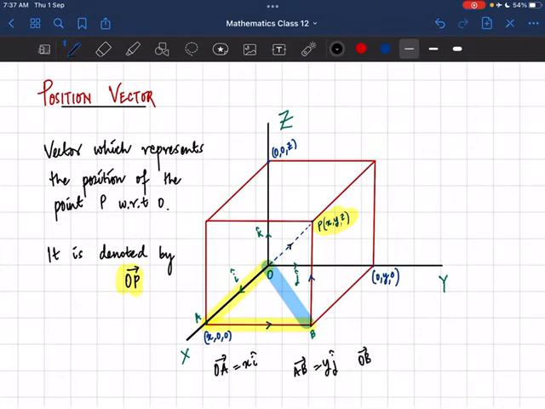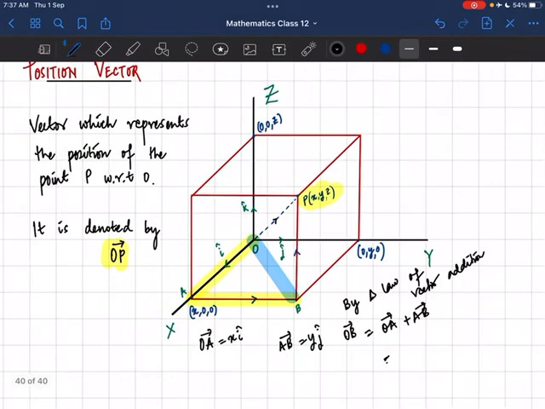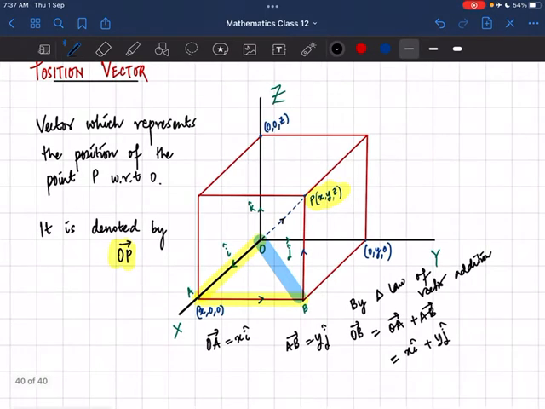OB vector we know by triangle law of vector addition. By triangle law of vector addition, we can say that OB vector is nothing but OA vector plus AB vector. So OA vector is equal to x i cap and AB vector is equal to y j cap. So in this way we got OB vector, and once we get OB vector,